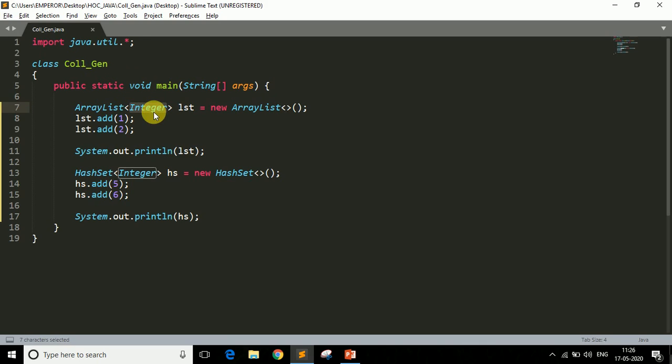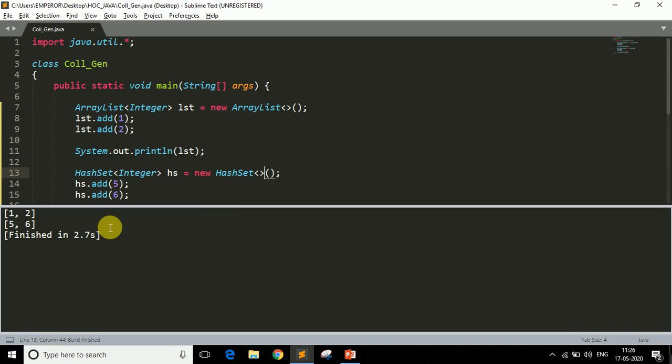So it is quite obvious that it accepts only the Integer data type, so we just write angular brackets. Done. Now if I run the program,